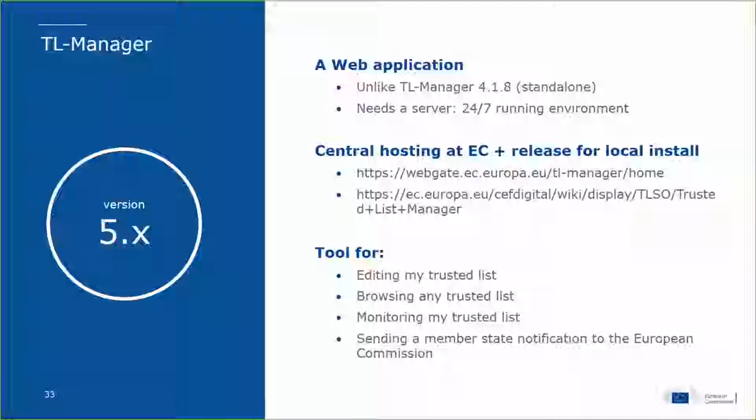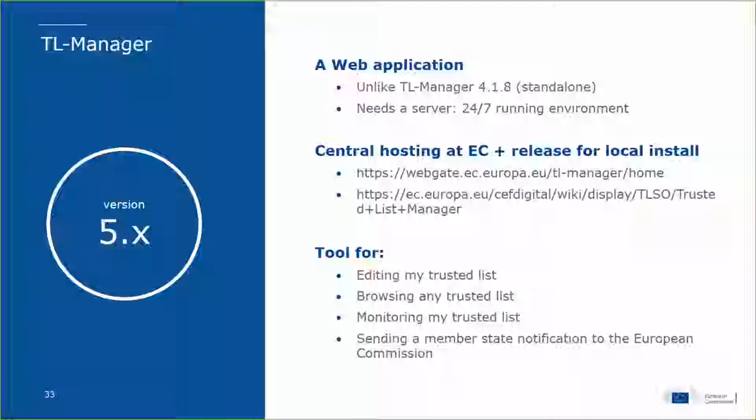It's also a tool for sending us the notification about your signing certificate, the location of your trusted list, but also the contact points, the EU login, etc. For this part, we of course strongly encourage you to use that tool, although for managing a trusted list it is just an optional tool.